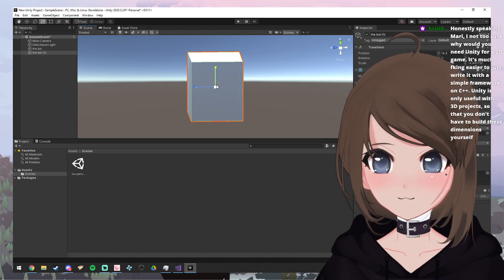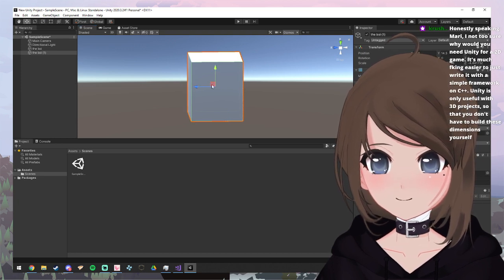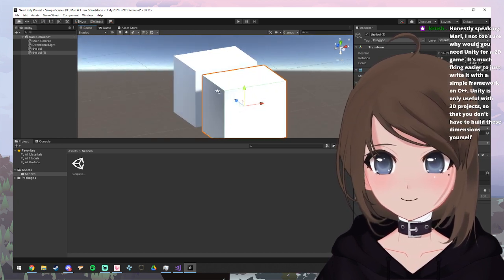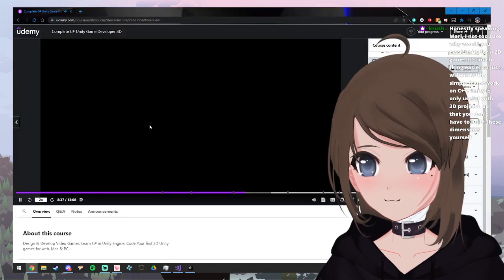Now, where is it, you might say? We've got these two car bodies. Well, one is exactly over the top of the other one. So on car body 1, if I hit W, then it changes to my move tool, and I'll move that up in the air. You can see the second component of the car body. Let's hit R and then scale.